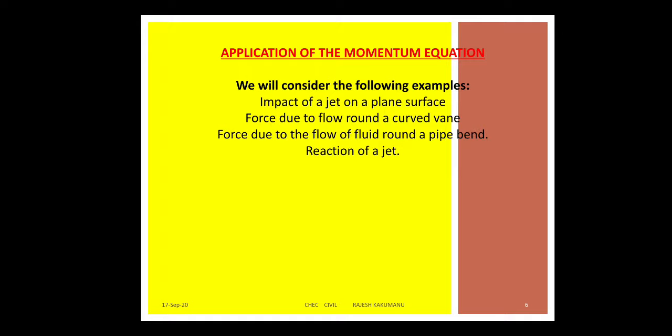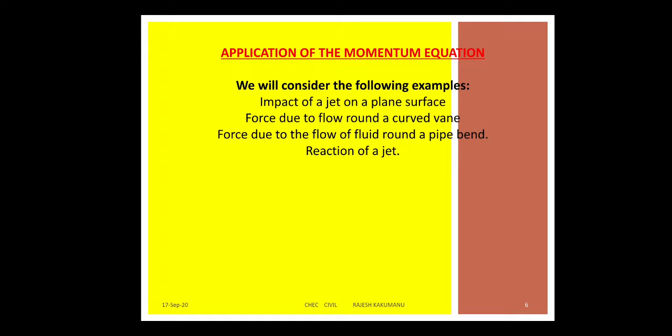Next, the third one: force due to the flow of a fluid round a pipe bend. So what is the force? The force due to the flow of a fluid round the pipe bend. Whenever you are getting water with high pressure or constant velocity from one place to another, it is moving constantly and uniformly in a pipe flow. Whenever it is moving in a straight fashion, vertical or horizontal, we cannot see any changes in the flow of the fluid. Whenever it takes a change through the pipe bend, then we can see some changes acting in the pipe bend.